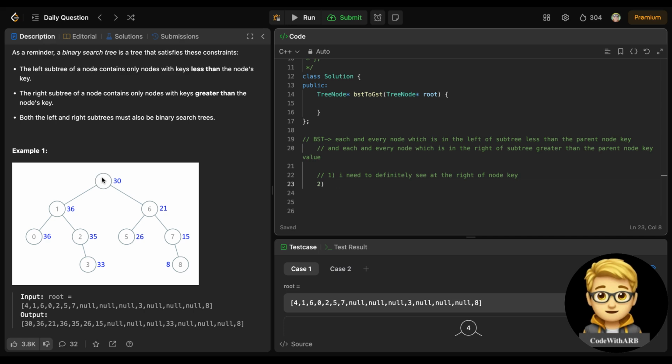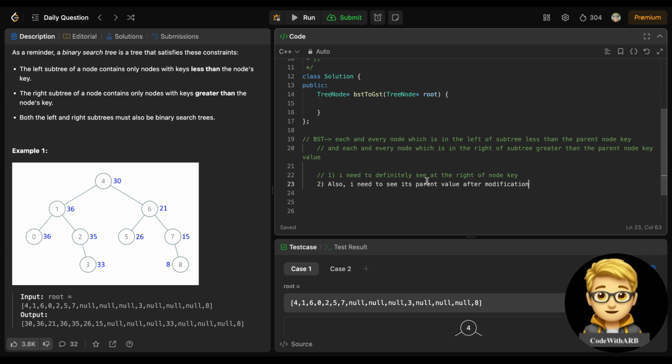So it means the 4 number which is now 30 must be included in this 1 also, right? Also this 1's right position is also greater than this 1, right? So the second thing is that I need to look at the right of the node key, and also I need to look at its parent values